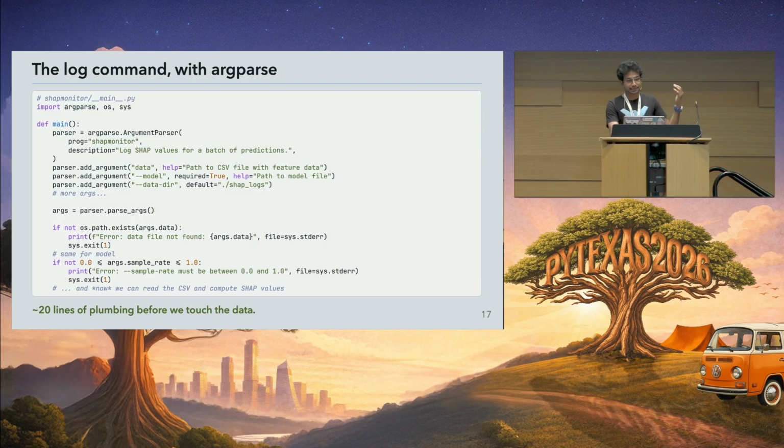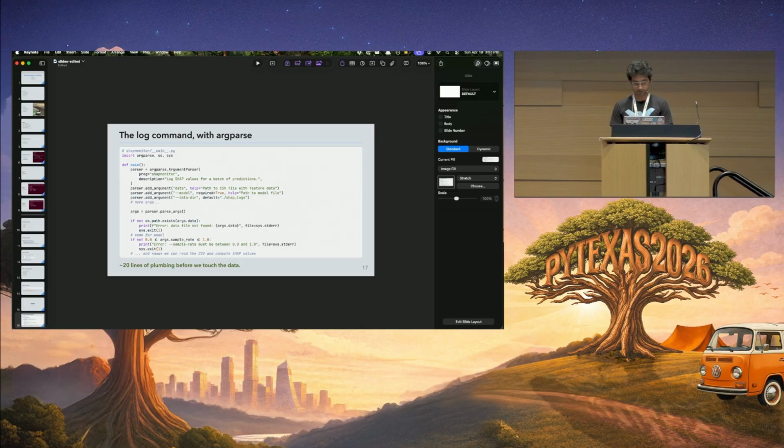The key thing is that you have to do manual checks for whether the model path exists, or validate a floating value, whether it falls within some range or not. Having said that, let's go over to the demo a little bit.